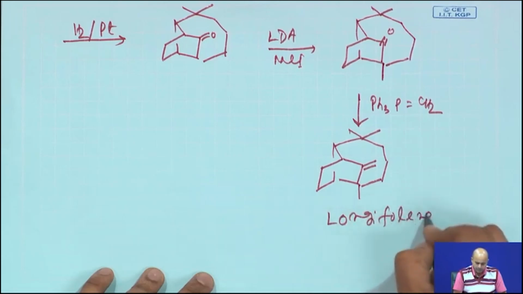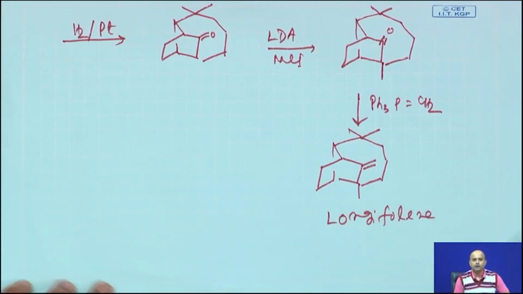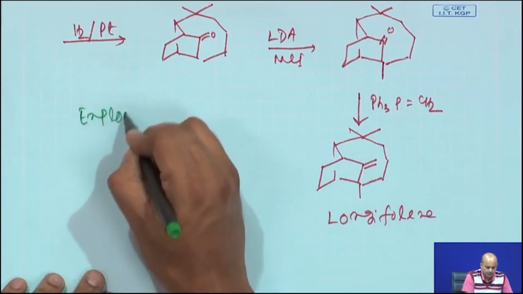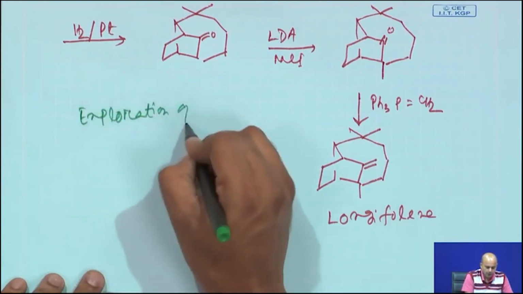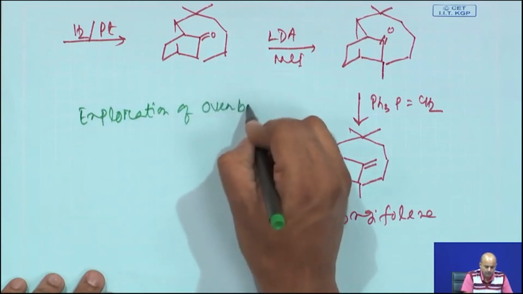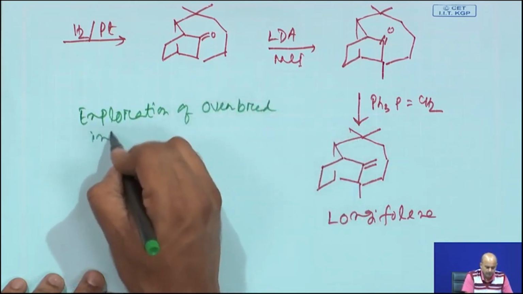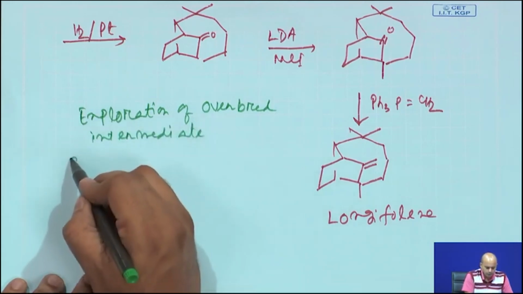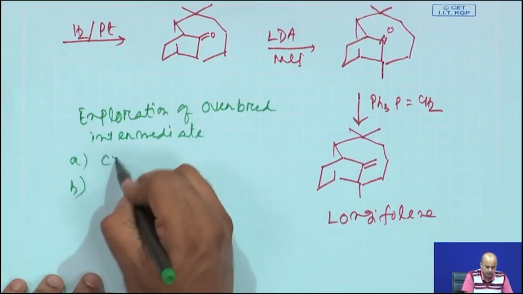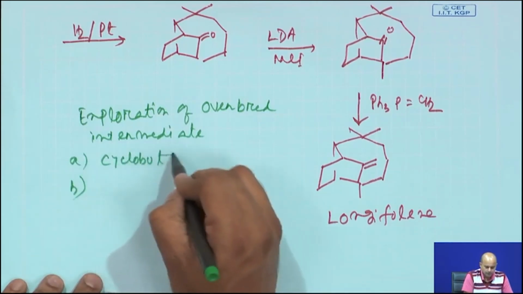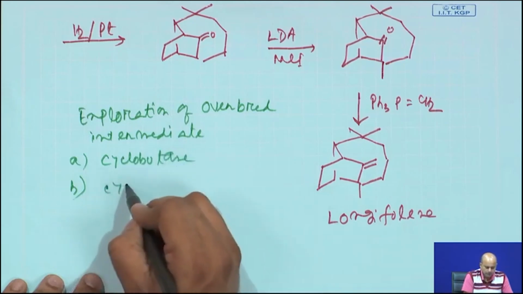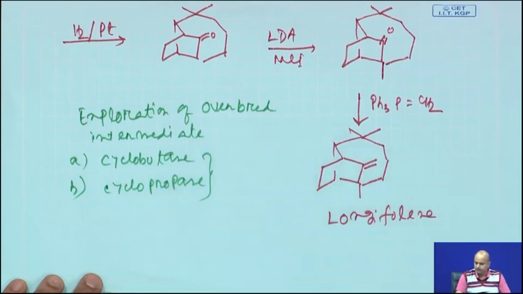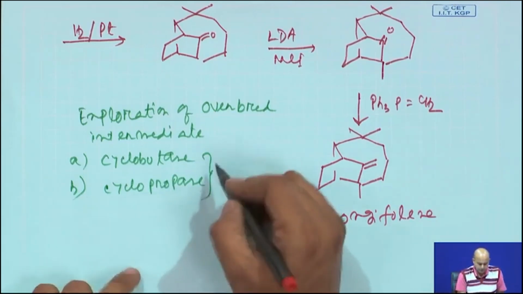Now, this is an absolutely delightful exercise for exploration of the overbred intermediate concept. Now, the take home message is we basically use two overbreds. We use a cyclobutane containing overbred, as well as we use a cyclopropane containing overbred. So, both the overbreds in principle were used here,